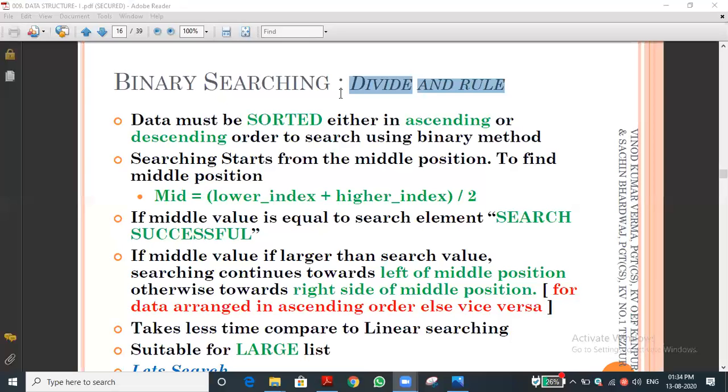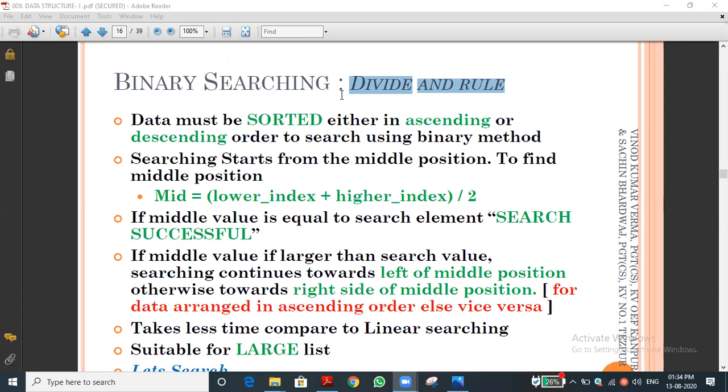You can see binary search has one principle, like LIFO, FIFO. Here, what is the principle for binary search? It means divide and rule. I already said where we use binary search. Suppose the list is very lengthy, with 100 or 1000 elements, and we want to search for a single element. A linear search will execute, but it will take more time, because the loop has to execute that many times. We discussed that. For that case we may use binary search.